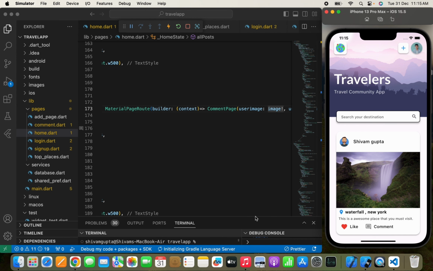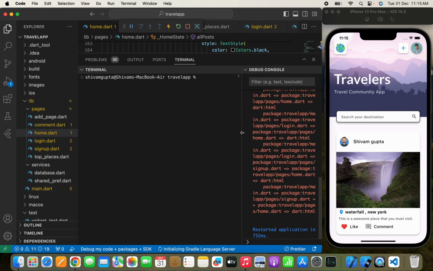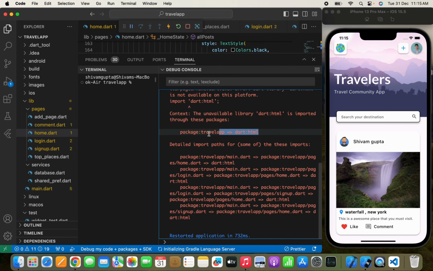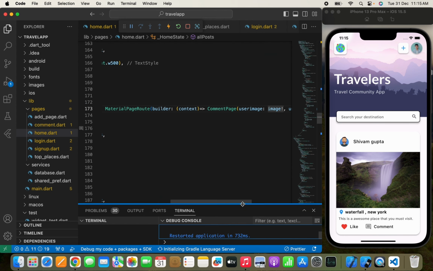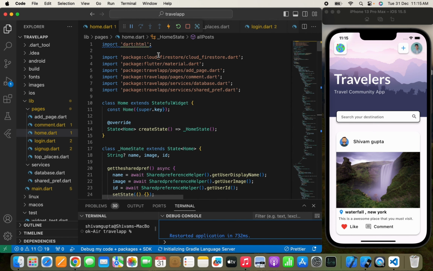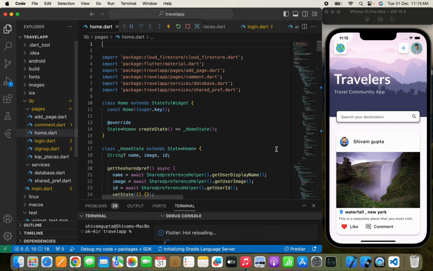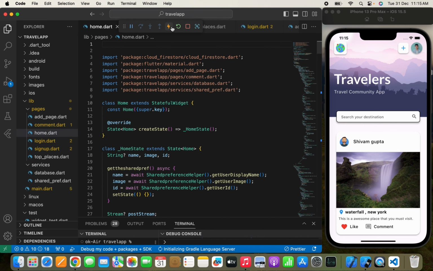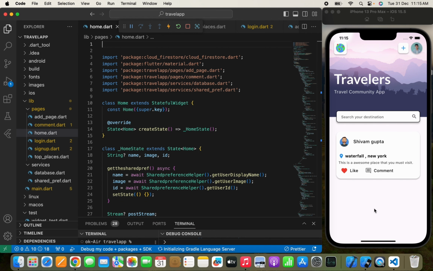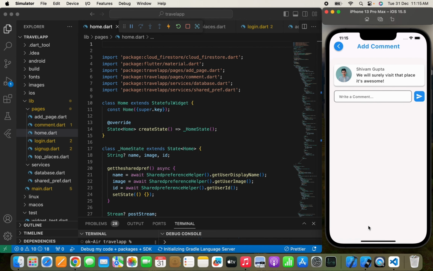I think so. There is a problem, which is .html. So we need to remove this .html. This is like a bug that we need to remove, and here we'll simply hot restart the app again, and let's test the app again. So here I'll click to this, and we'll simply move to that comment page, and simply add a first comment